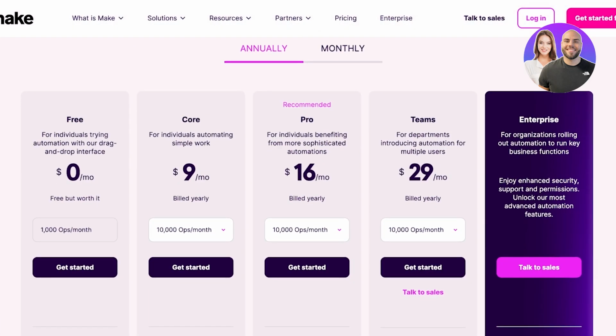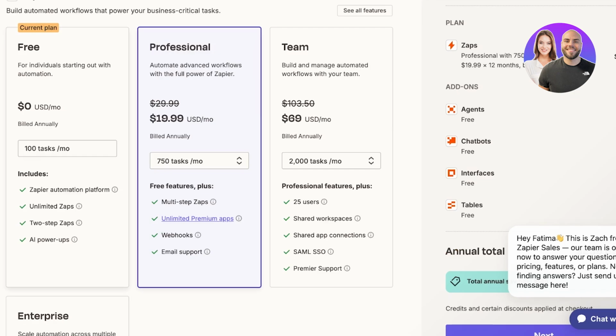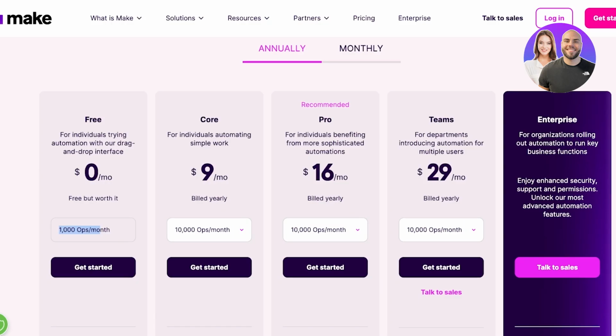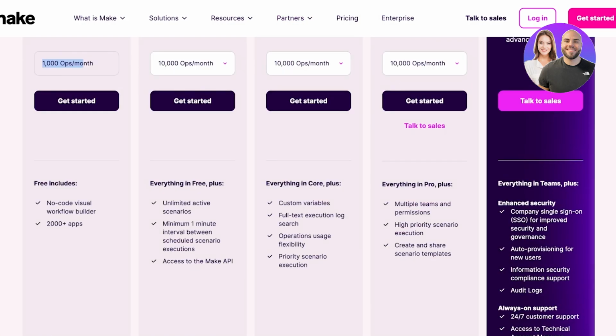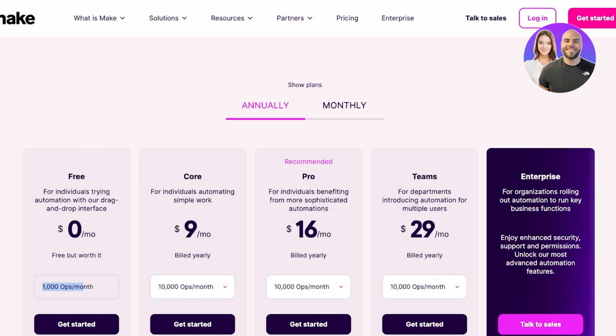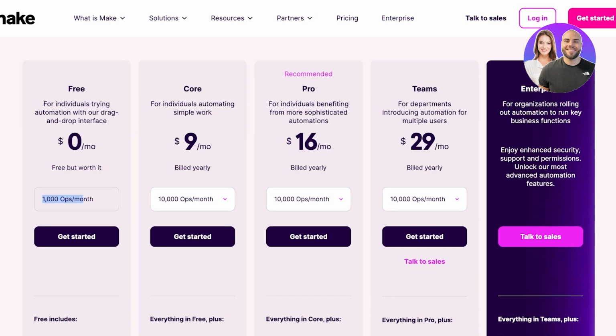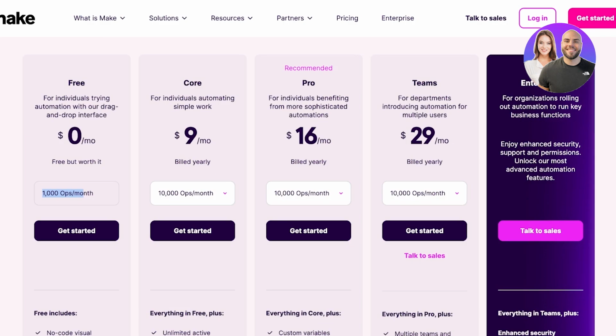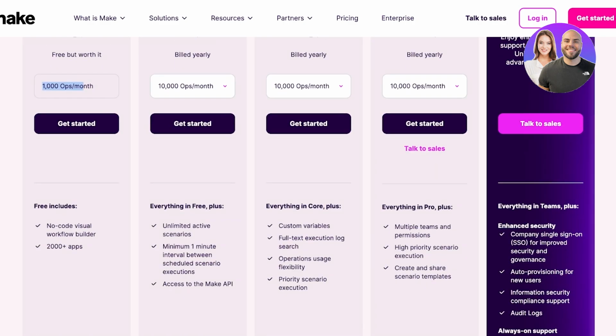application, you guys can see on their free version they have 1,000 operations a month. And then on the Zapier's free plan, you only have 100 tasks a month. So you guys can see even on their free versions, make.com provides you with better values. They have a no code visual workflow builder with access to over 2,000 applications on their free version. Their core version starts at only $9 per month, which is far cheaper than Zapier. Then their pro version is $19 a month, which includes full text execution log search, operation usage, and priority scenario